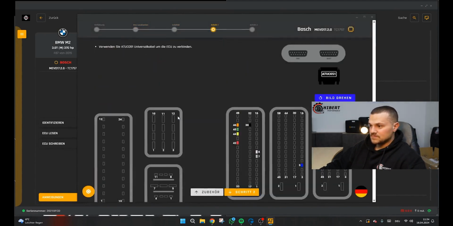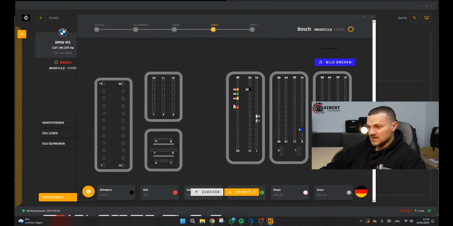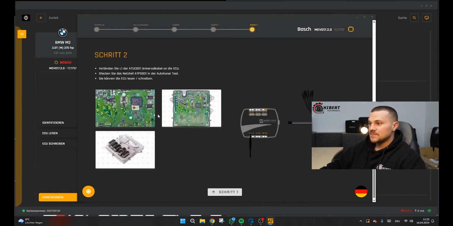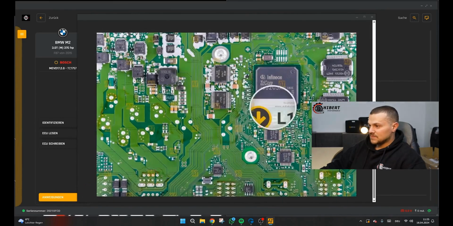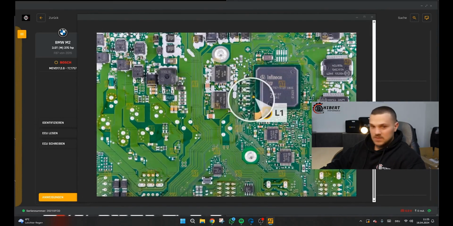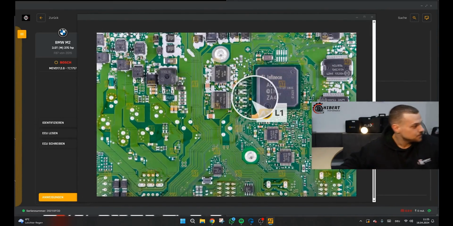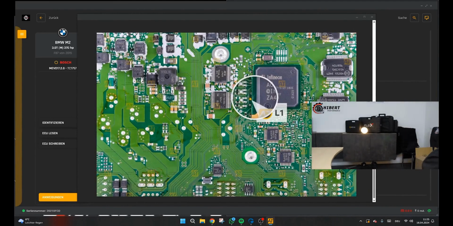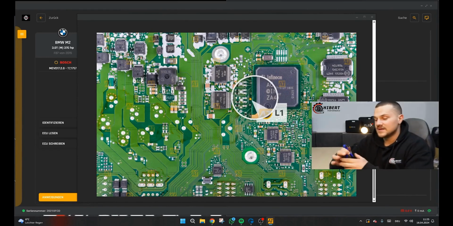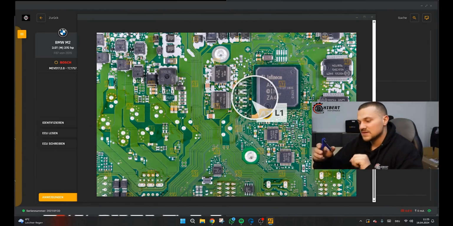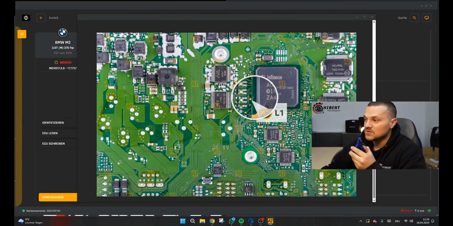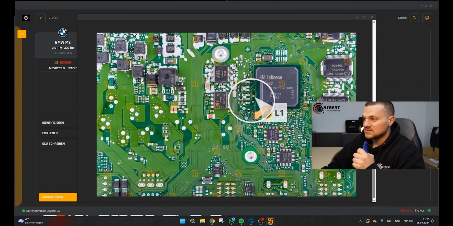Then you will find it just like in bench. The connections here are as specified. Then you need to connect to the control unit here. You do that exactly there. For that you need the film. Autotuner as a supplier with it. Then you can place it exactly where you want to connect, and then you just need to focus on the